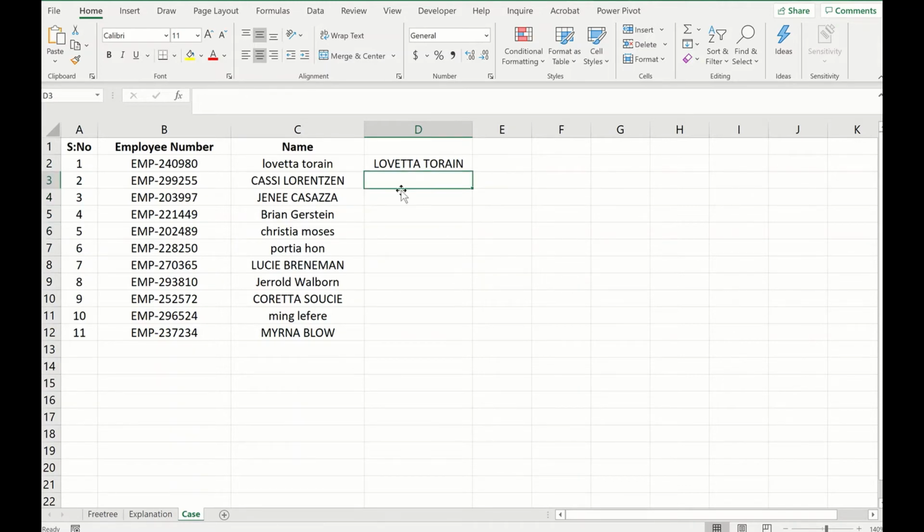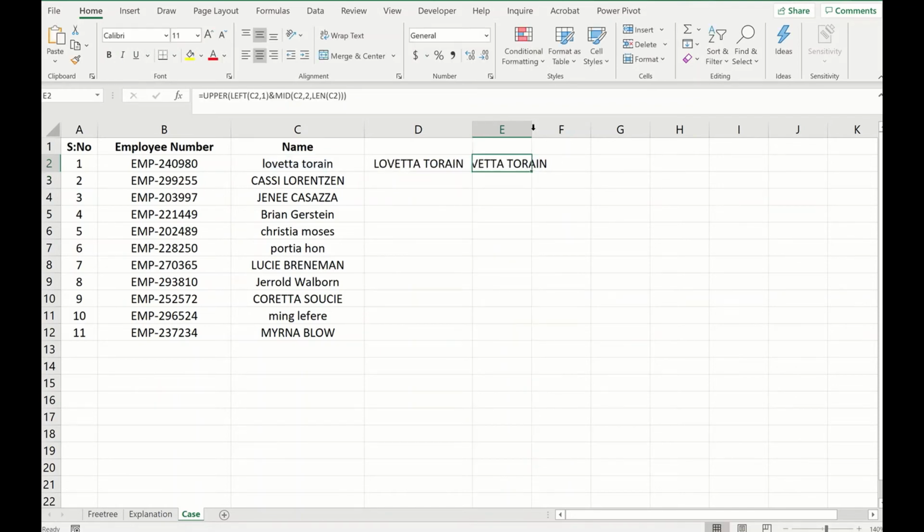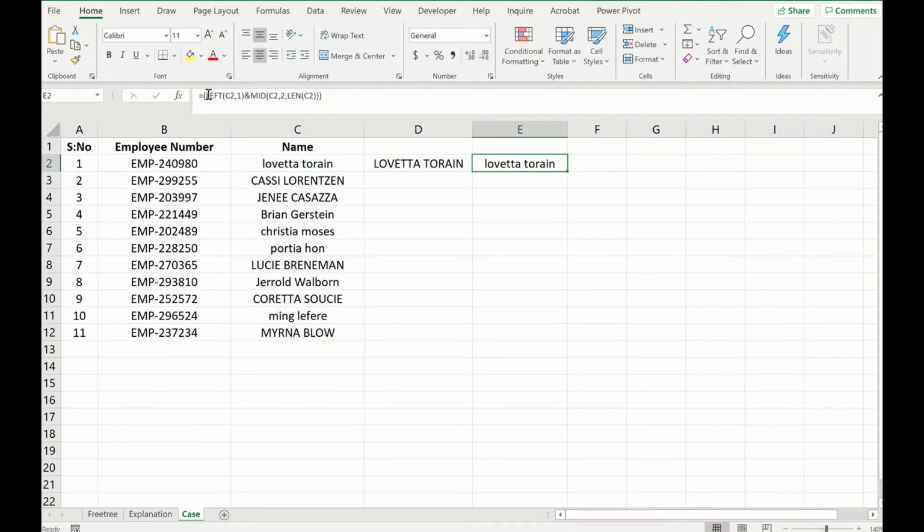In the previous versions of Excel, if I wanted only the first letter to be capital and all others to be small, I had to manually get the upper of the text, that is LEFT(text, 1), and then combine this with MID(text, 2, LEN(text)), where the upper has to only apply to the left function.